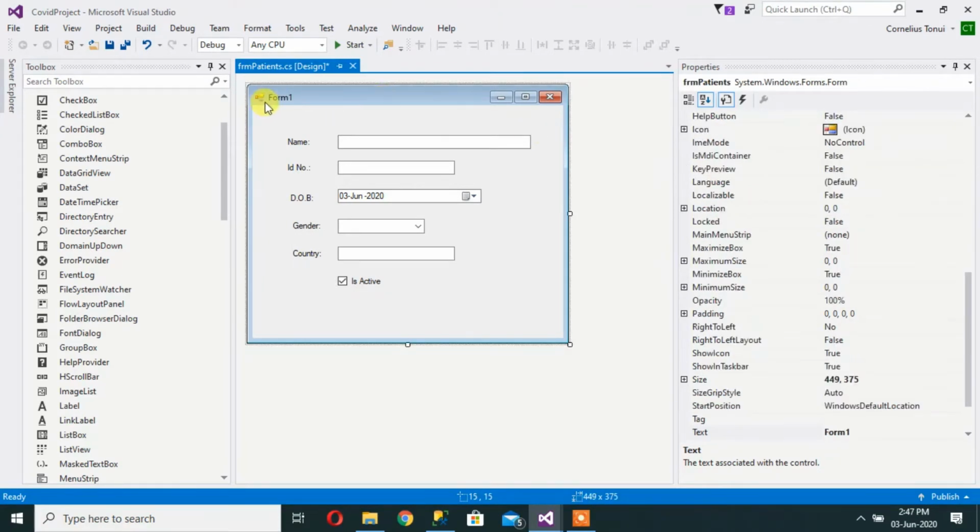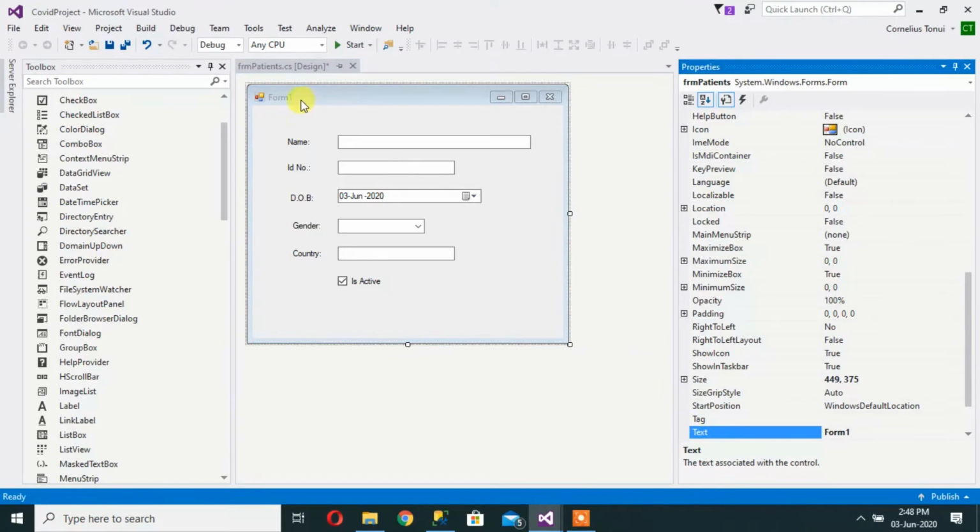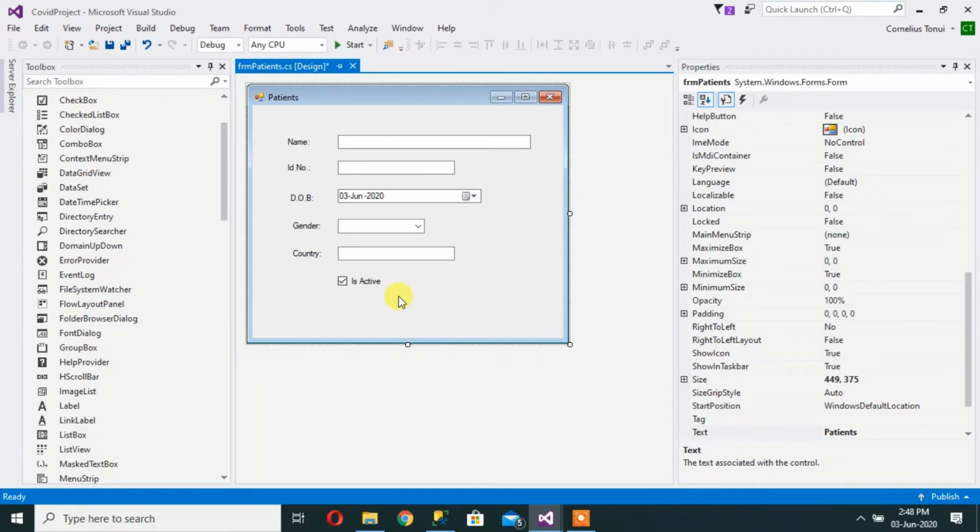Now, my form still reads form 1 here, and I may also need to name the text, because form 1 is what we are seeing here. FRM patients is the name of the form, but the text that is being displayed up here is form 1. It will always be good to have a name that can easily make the user know what they are capturing. And for this, I'll say patients. That is the simplest way to build a form